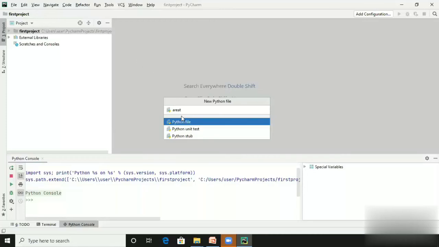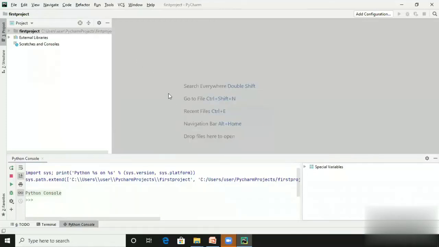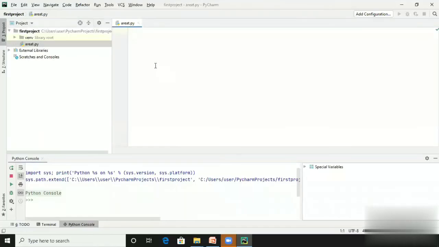So I give the file name areaT and choose Python file. Press enter. See here, areaT.py gets opened, which is under First Project. So this is my first project. Whatever file I create is under my project; in this way, the hierarchy is created.